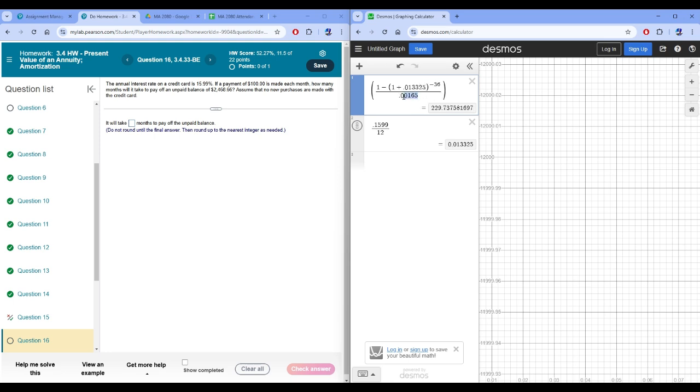And down here would also be 0.013325. Now the question is, how long will it take them to pay it off? So that's going to be raised to negative x. Your payments are $100. So I'm going to set that equal to y equals